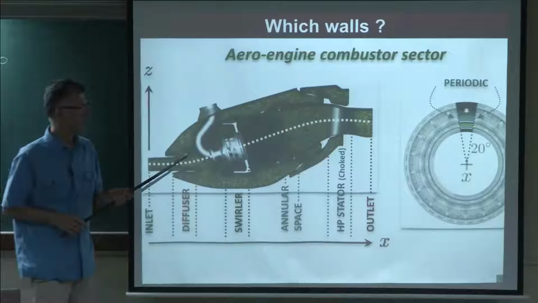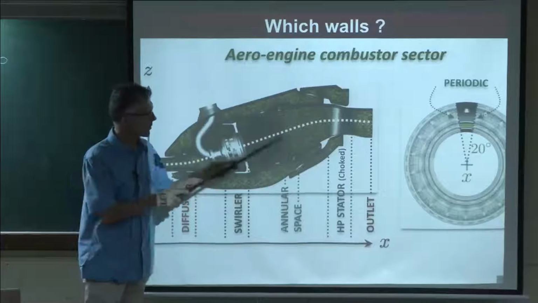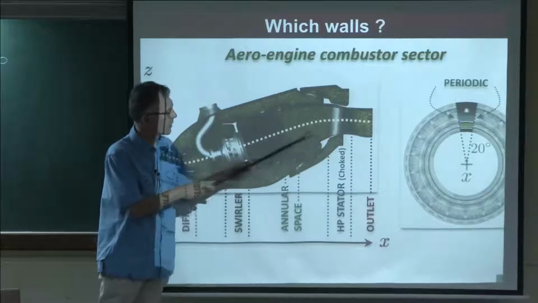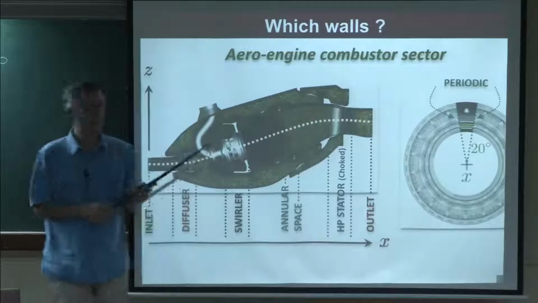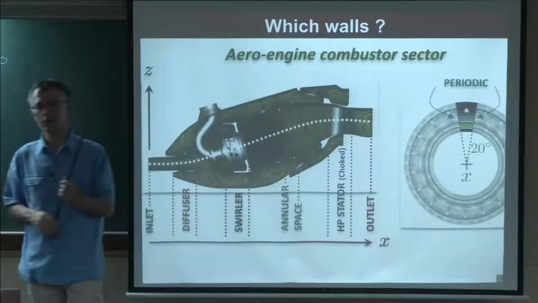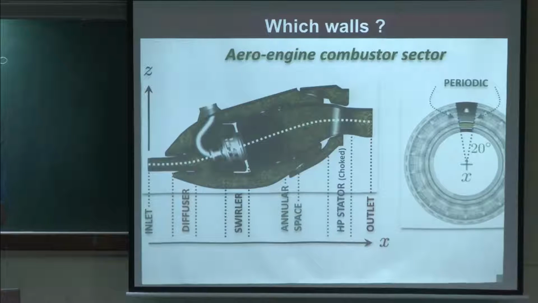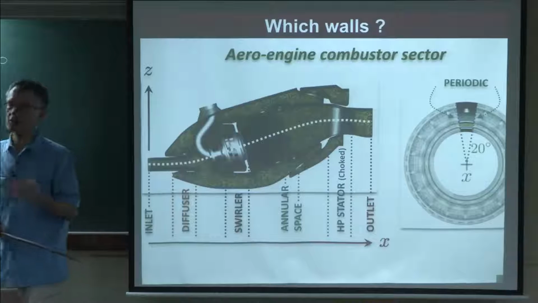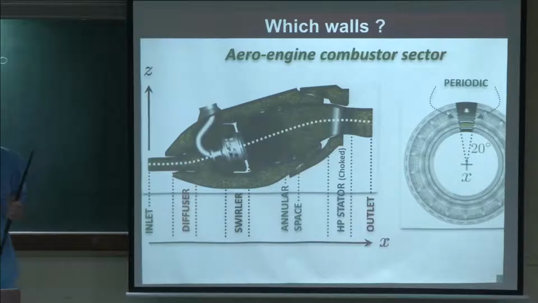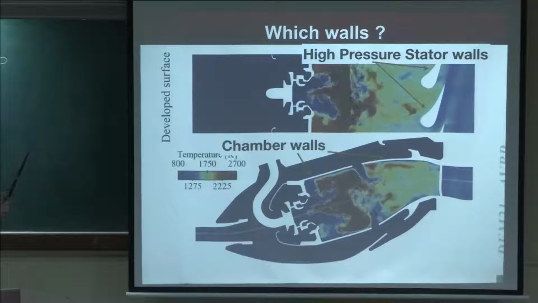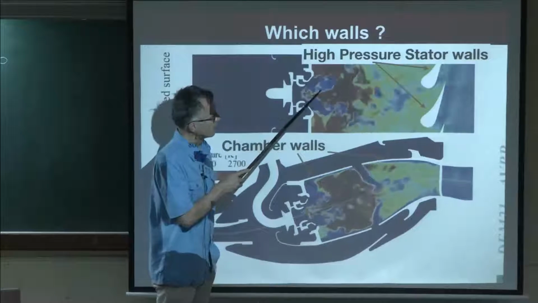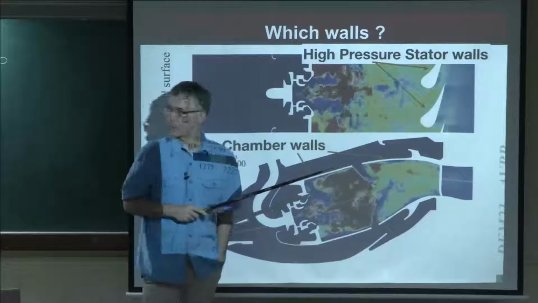And as we said, now you should know that too, temperatures here are more than 2000 K. Even if you add dilution holes here, you hope that the temperature here will not be too much, but it is more than 1400, 1500, depends on the engine. Of course, if you want to pay more, you can have special metals here which allow you to go to higher temperatures, but still, it's complicated. So the main problem we'll have is to make sure that whatever happens for the flame here does not lead to a catastrophic event for that part.